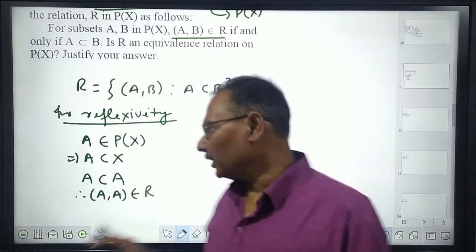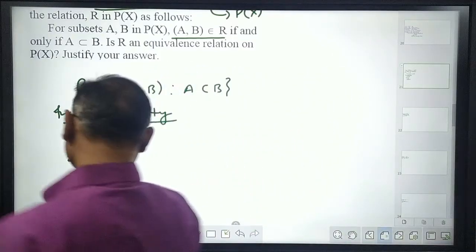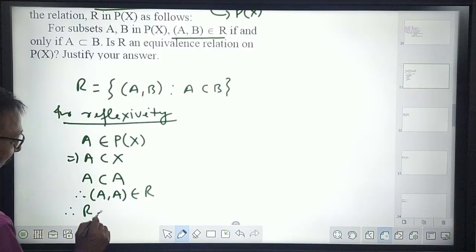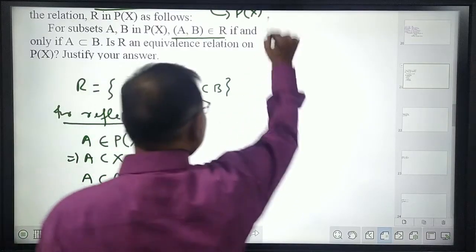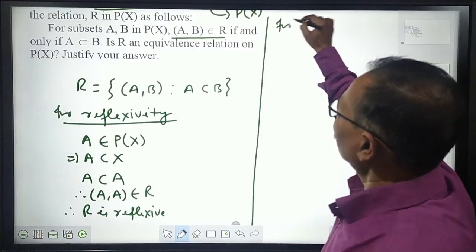So A comma A must be a member of R. Therefore, this relation R is reflexive. So quickly think about the symmetricity. For symmetricity,